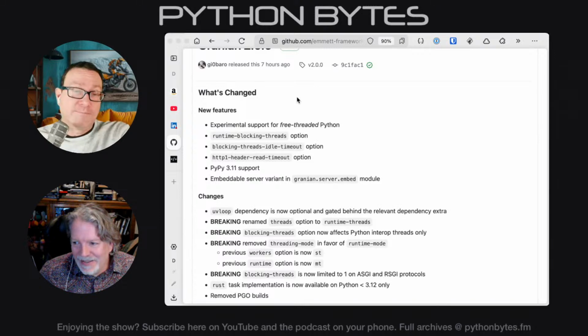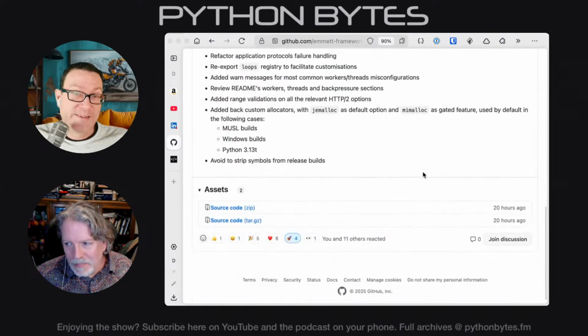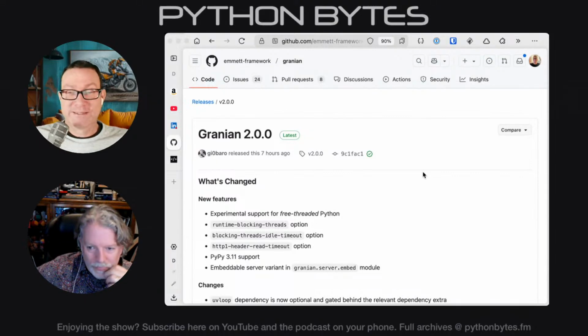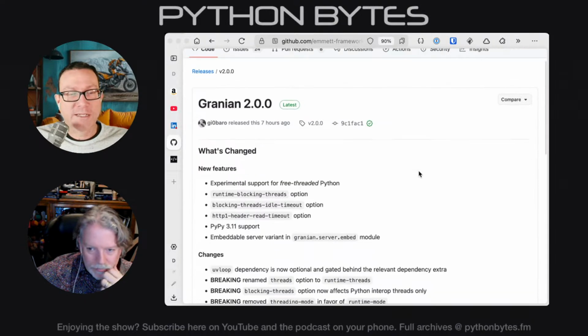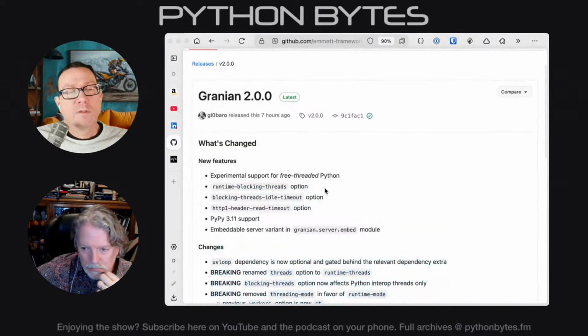As far as I can tell, there's a bunch of cool changes here. One thing that's not cool is, as far as I can tell, it doesn't run FastAPI apps. So if you have Granian powering your FastAPI app, you might test this before you just update. There are also breaking changes in the CLI of how you specify certain constraints. That's easy enough to fix because it tells you this constraint is such and such.